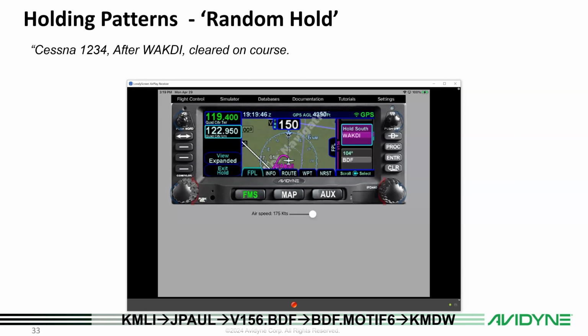Okay, we're in the holding pattern and we get a call, Cessna 1234, after Waukdee, you are cleared on course. So now you can see we're making the turn. Notice in the lower left corner here, we can tell the FMS that at Waukdee we want to exit the hold. So let's touch that. And now it'll let us know that we're exiting the hold at the fix. You can see now we have a next leg again, where we're going to transition out of the hold